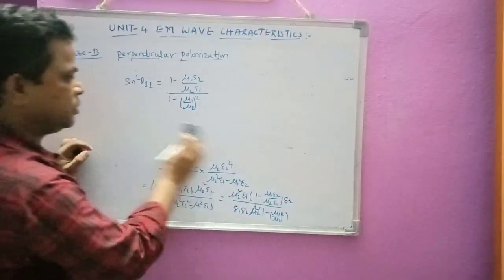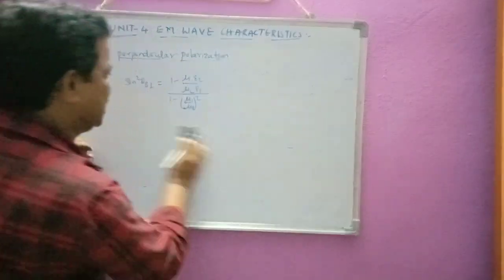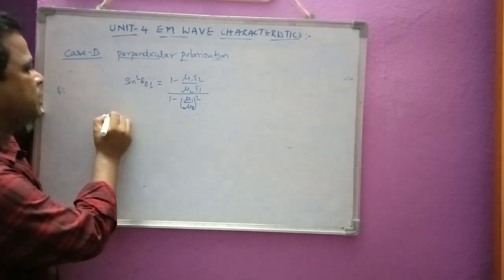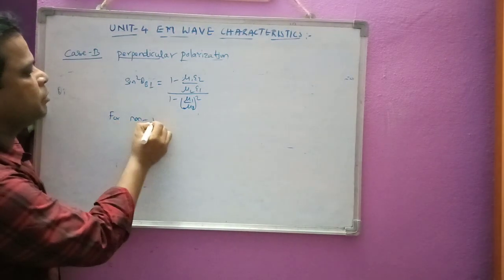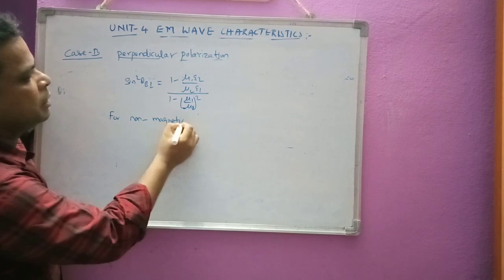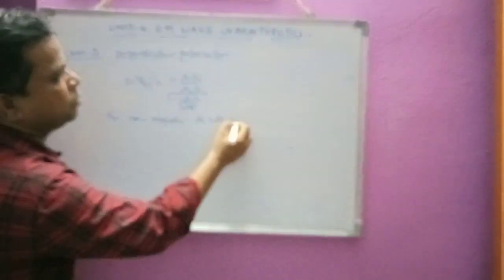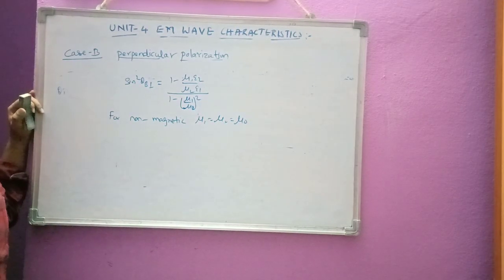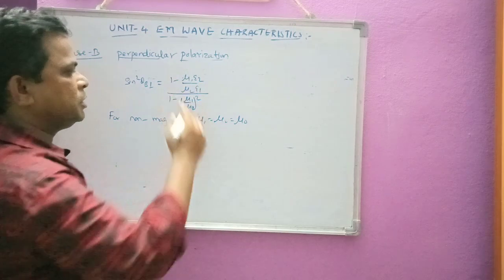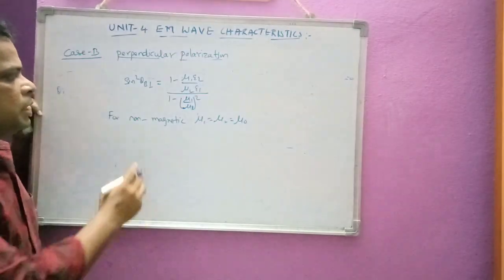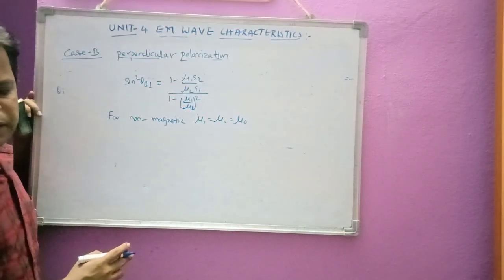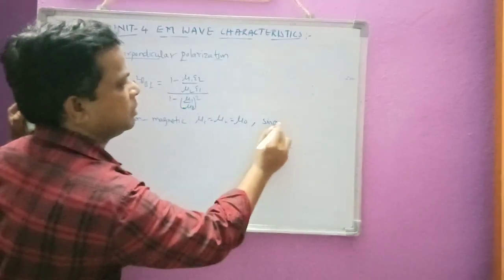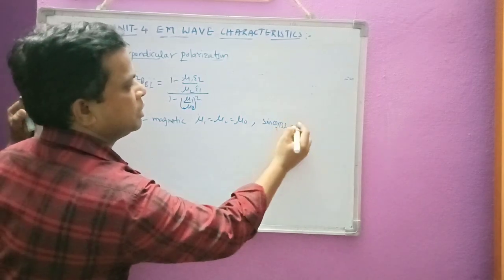Now as we know, we have substituted one condition in the previous calculation, and we have to do the same here for non-magnetic media. For non-magnetic media we have taken mu 1 equal to mu 2 equal to mu 0. If I apply that, this becomes 0, so it is not going to exist here. So we are not going to take this condition, that is sine square theta b perpendicular will be equal to infinity. It will change to infinity.